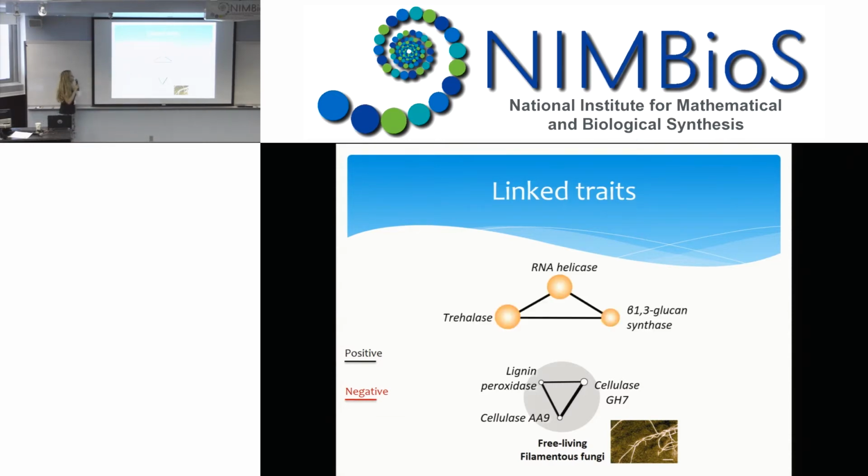All right, what about the stress tolerance traits? Well, they were also positively linked to one another, all right? So if one fungus had beta-1,3-glucan synthase, it was likely to have the other two, all right? So this is a suite of traits that might form a lifestyle. And again, these traits tended to reside more in the yeasts, as I showed you before. All right, so we have these two different functions sorting out.